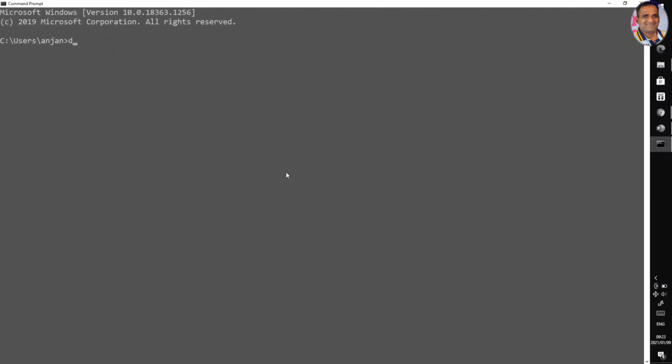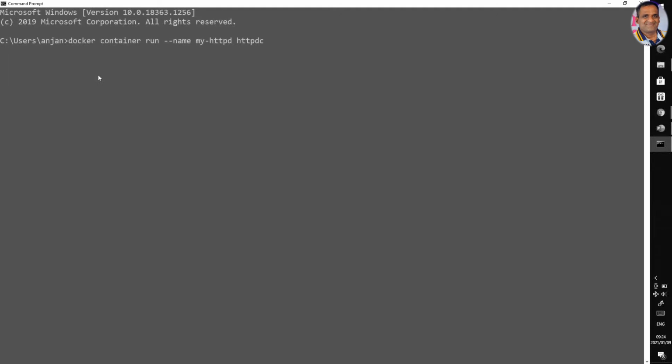So what we are going to do: docker run, and we are going to say the name of the container is my httpd, followed by the image name. So here docker is the base command. If it is container related, you have to remember docker is the base command, container is the sub command, then followed by run.